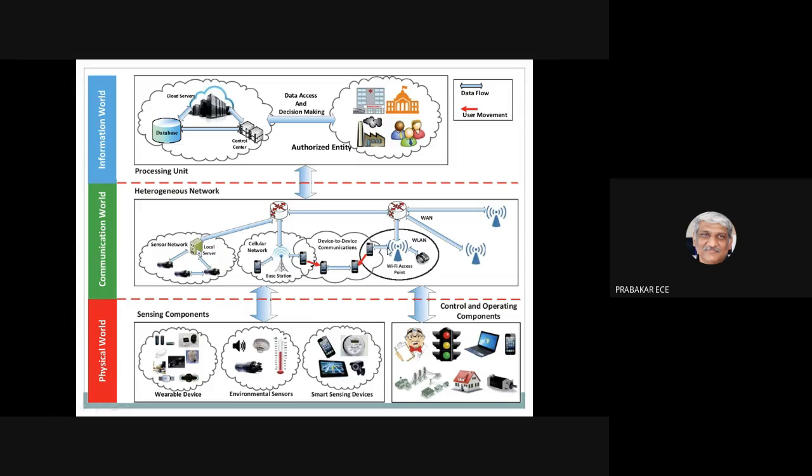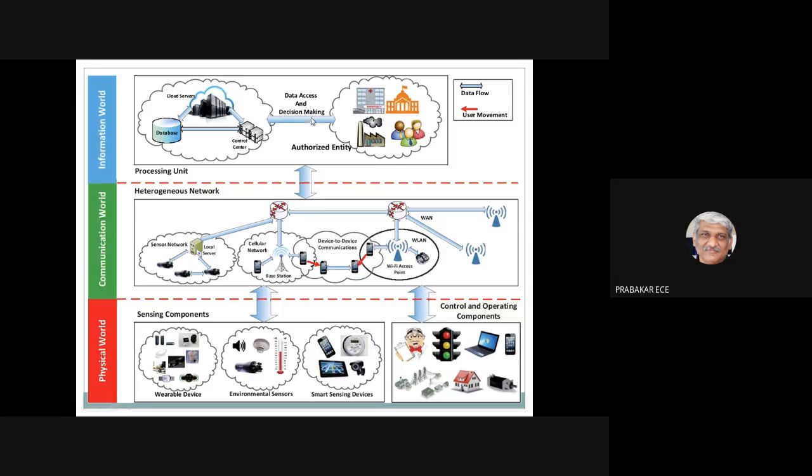There is actually an intermediate edge computing kind of thing, where this is connected through a WAN, through Wi-Fi, or it can even be Bluetooth or UWB, whatever it is, RFID, right? So there are some wireless or wired communications possible. And from this, the data gets into the internet. And in the internet, there will be a database, the data will be stored, and some persons who are authorized entities will have the data access, and they will be taking some useful and intelligent